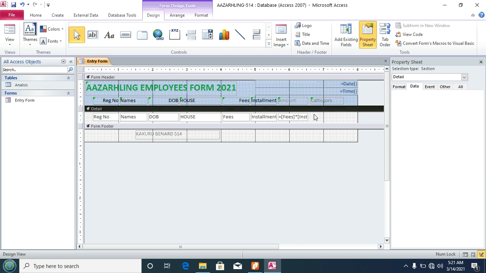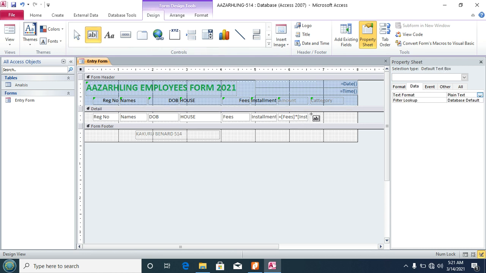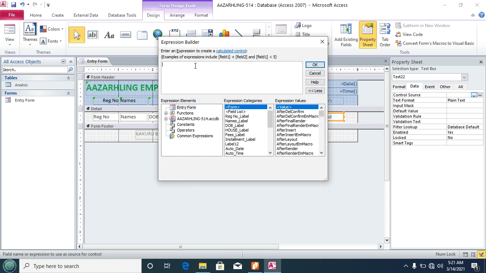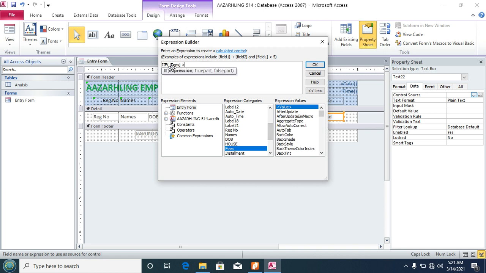After writing that, we also add a text box like that. You click there, delete that text, then click on bound, property sheet, data, control source, three dots. So from here we shall say if, open brackets, in the middle column under expression categories, scroll down, double click fees without the word label. So double click fees. If, open brackets, fees is greater equal to